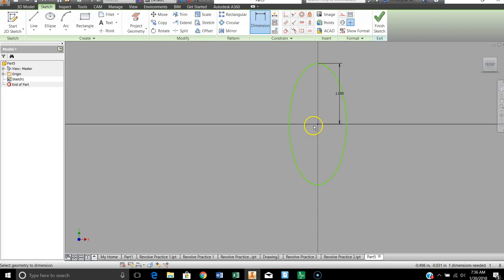Now, the distance from here to here, I'm going to have to do this way. I'm going to make 2 points. I'm going to call them construction points. I'm going to put 2 points, and I'm going to make one here, right where the x-axis intersects my ellipse,